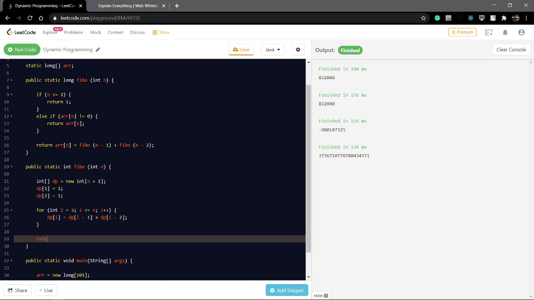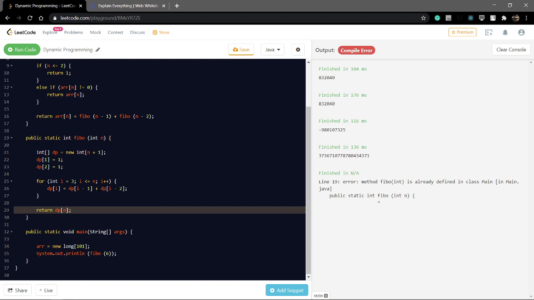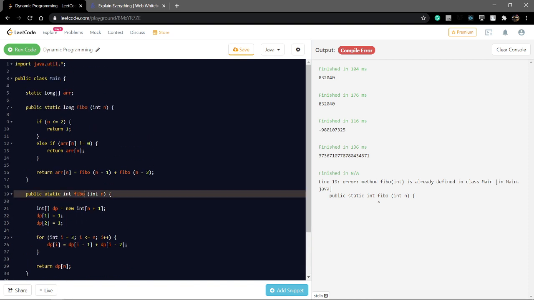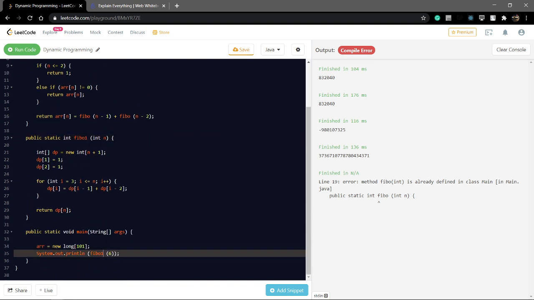And in this question I have written the dp of n. We know about the sixth element. Fibo is already inside, so I take fibo 1.